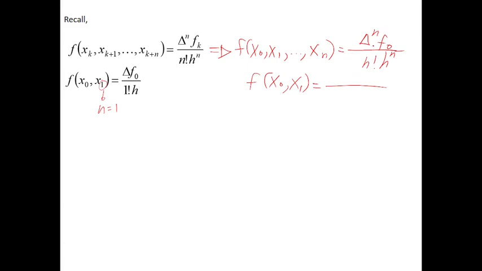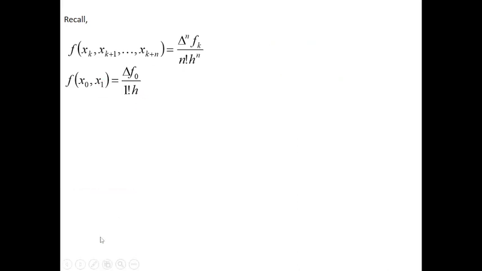So in this case, n natin ay 1, so delta f0 lang siya. Then n is 1, 1 factorial, h to the power of 1. Or simply h. Kaya ganyan siya. Delta f0 over 1 factorial times h. Okay? Para sa pagkuha ng